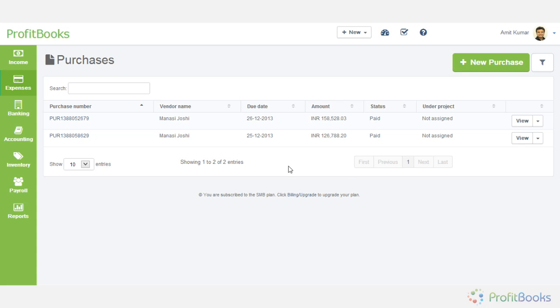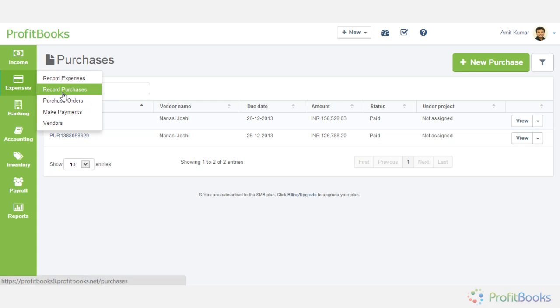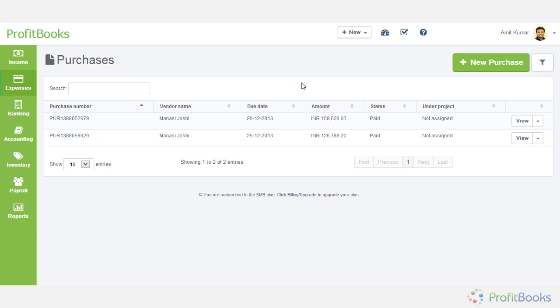Let's see how you can record purchase transactions using ProfitBooks. So you have to go to expenses and select the record purchases option. Now purchases can be anything. If you are purchasing a PC or a new mobile phone, anything, you can enter all those types of purchases using this screen. So I'm going to click on new purchase here,